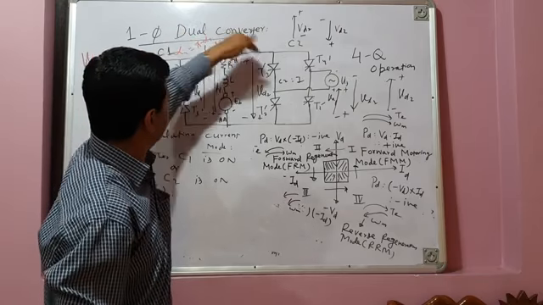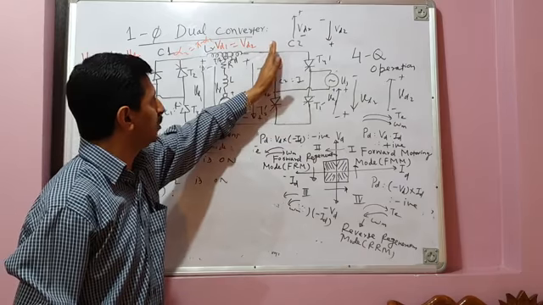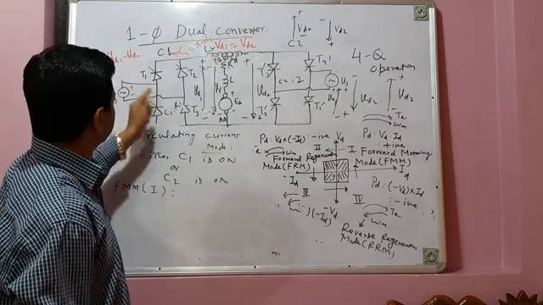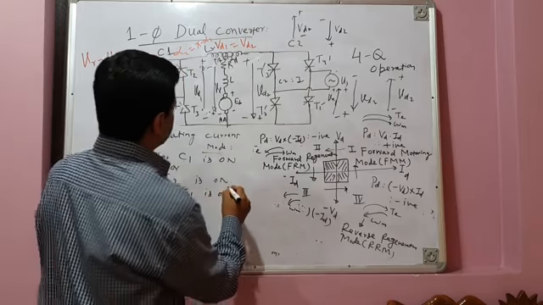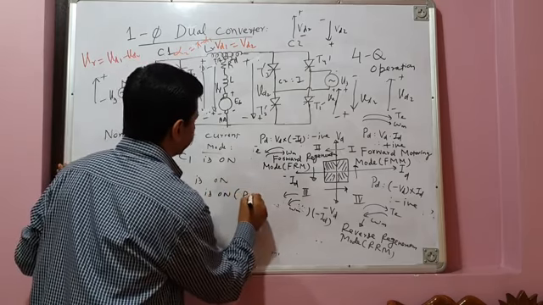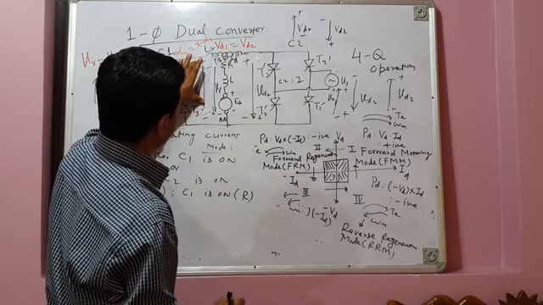Since current cannot come from this converter. Why? Because if current comes from this converter, it has to conduct from cathode to anode. That's not possible. So there is no possibility of current coming from here. So therefore, current can come from this converter like this. Suppose T1, T3 pair conduct कर रही है, current ऐसे आएगी and it will enter the armature. So therefore, only converter 1 should be on. Converter 1 is on. And in which mode it has to be operated? It has to be operated in the rectification mode because average output voltage is positive.